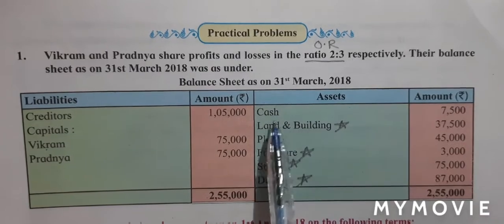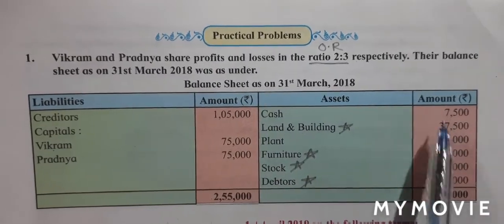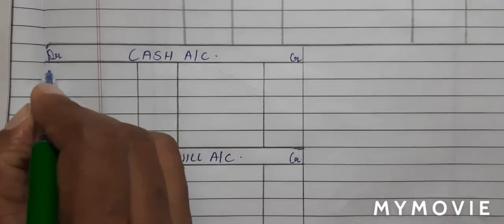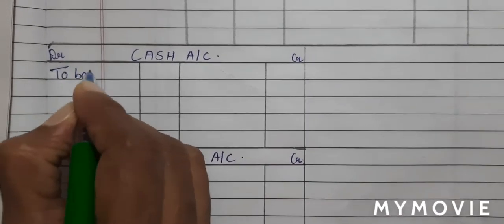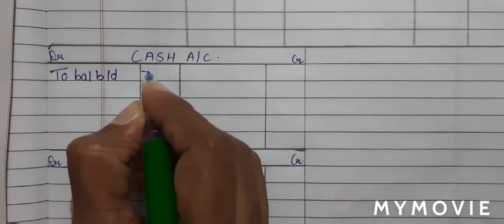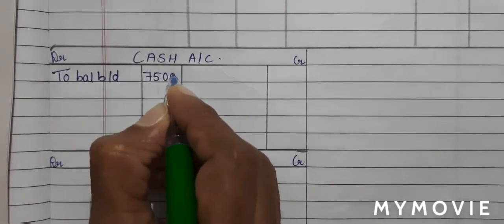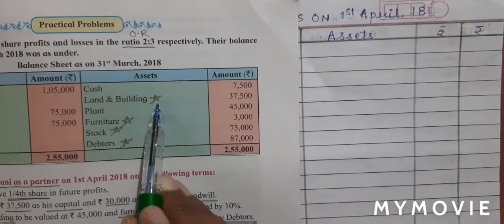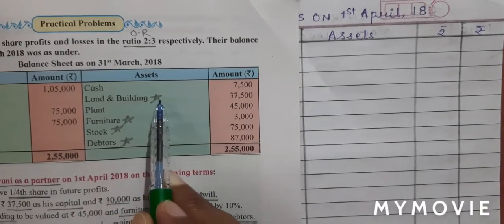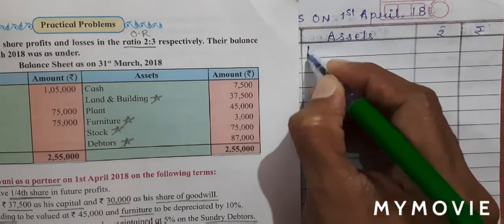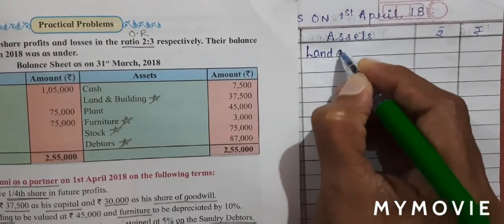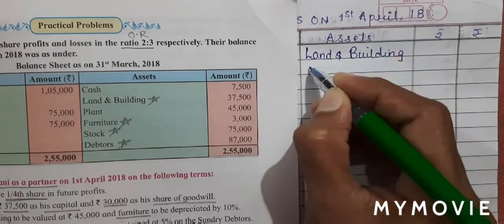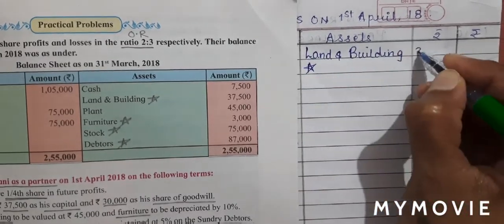On the asset side, we have cash, 7,500. We have prepared cash account. So on the debit side, we'll write to balance brought down, 7,500. Next is land and building. It has a star, which means I need to write it in the inner column. So on the asset side, I'll write land and building. I will mark a star and write it in the inner column,